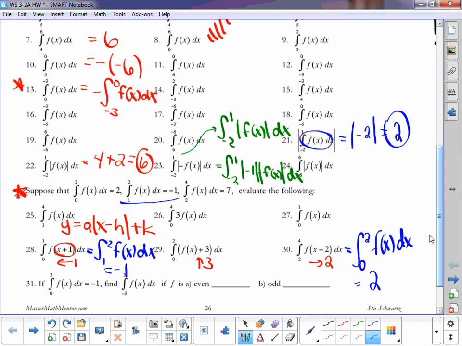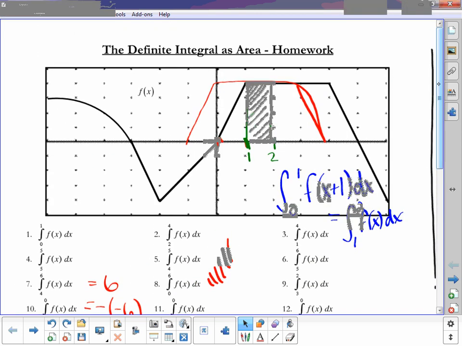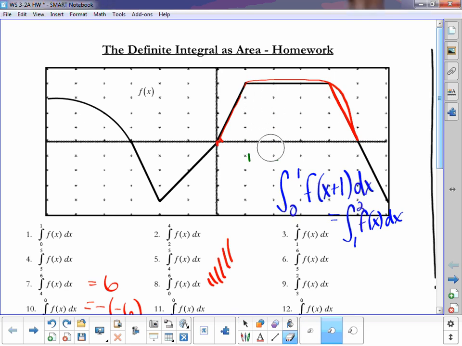Okay. Now, 29, though, it did not affect my x-values. It simply took my whole graph and shifted it up 3. This doesn't affect the bounds at which I'm looking because I'm still looking underneath the same piece of my graph. It's just now we have additional material to work with. So if this was my original graph there, and it gets shifted up 3,